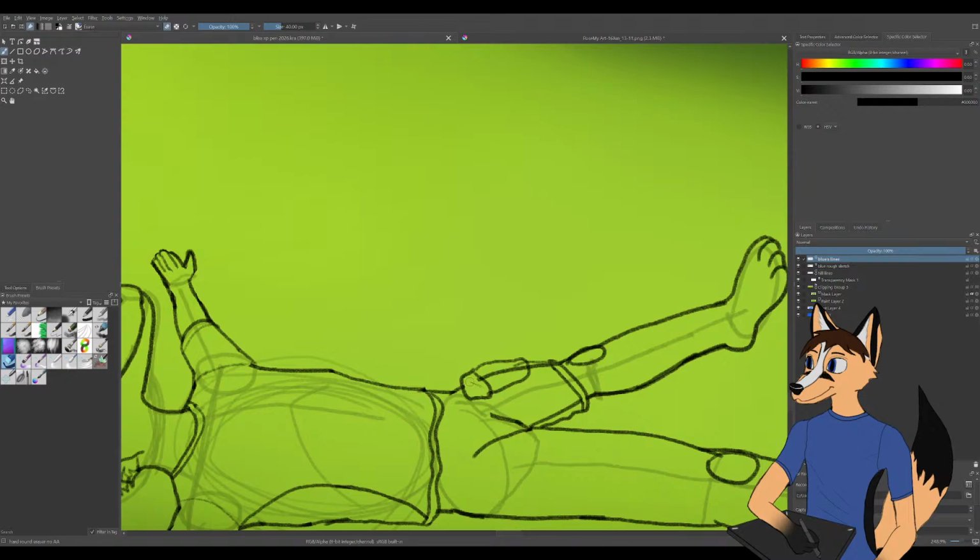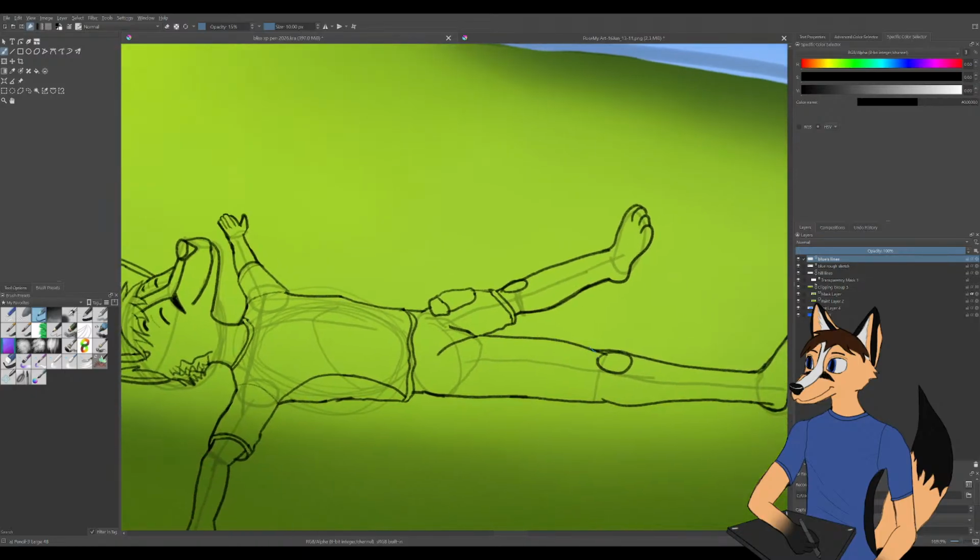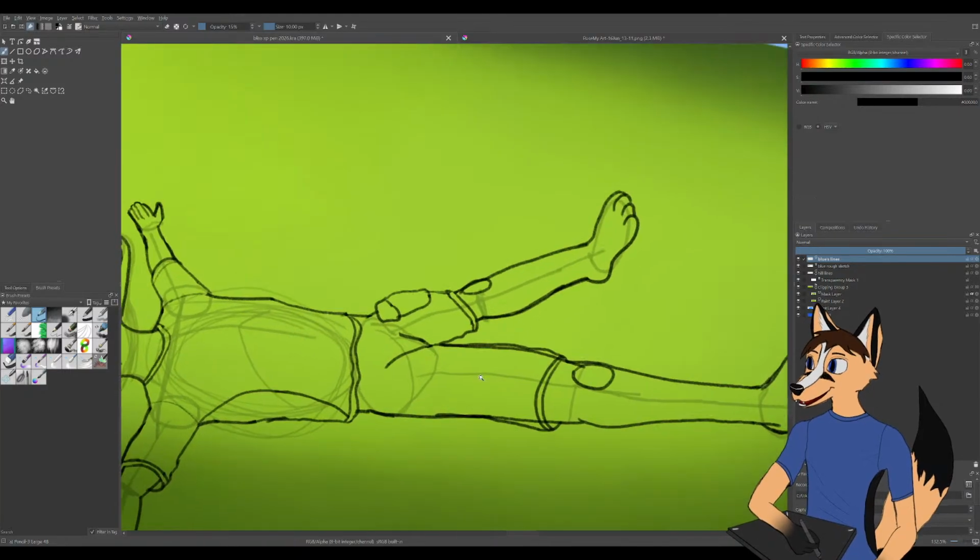So it doesn't really follow the exact shape of his body. Do that, and then this other pant leg would be here. And then just bring that in like that.